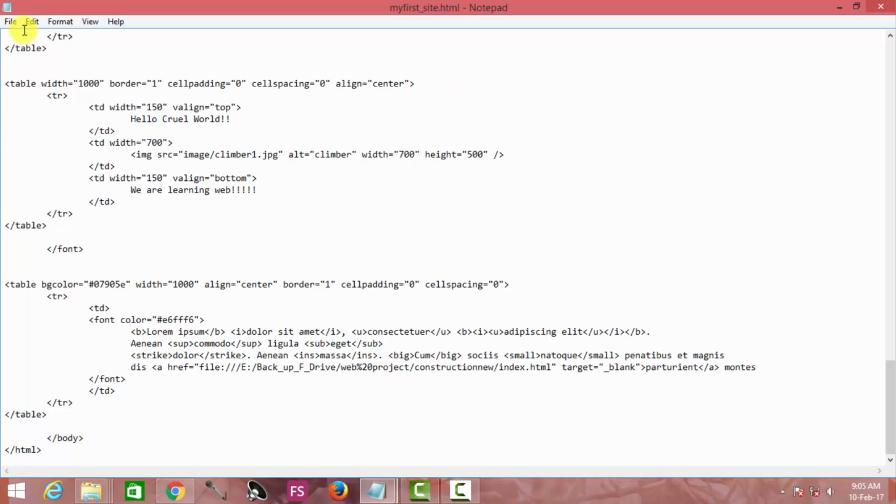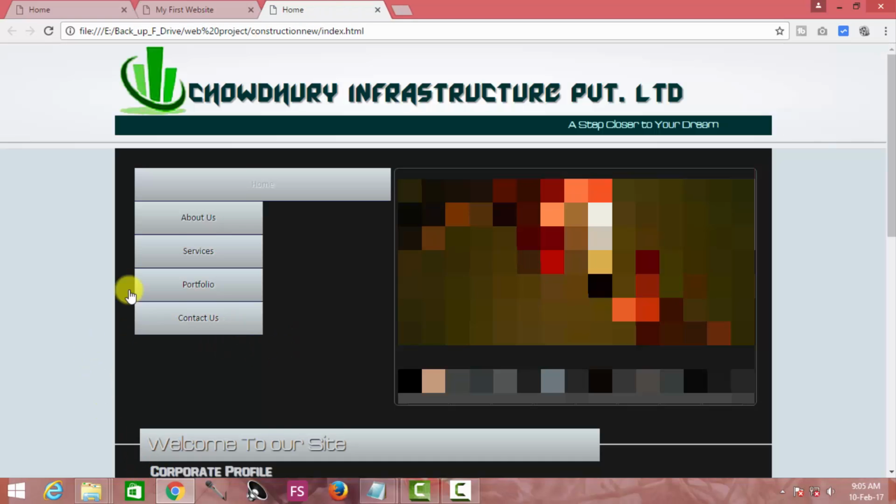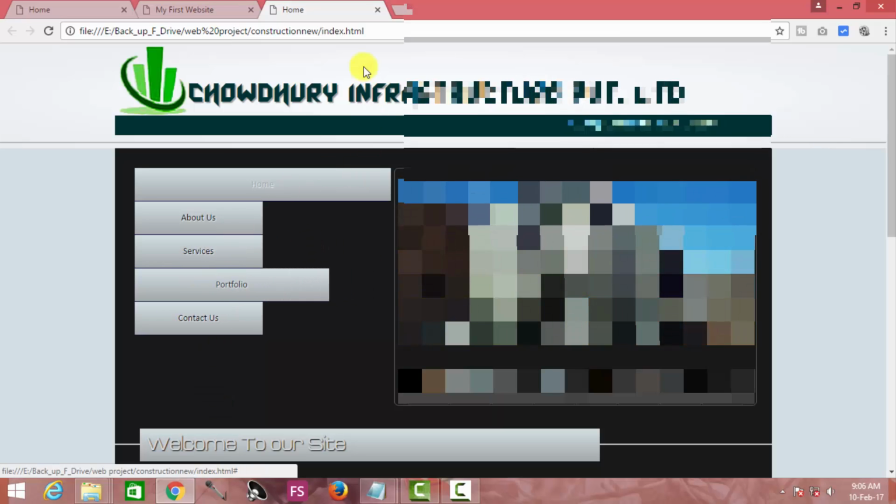Now you go to File, Save, come back to your project and reload, and if you now click here, you will be entering into the index page of this separate website.